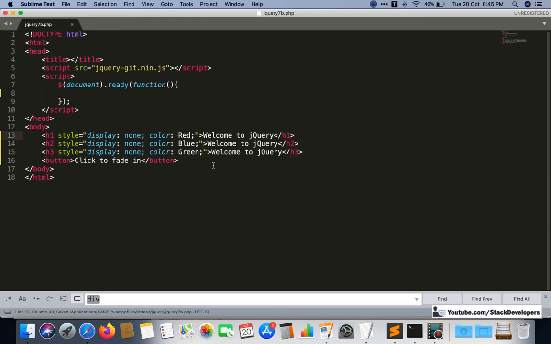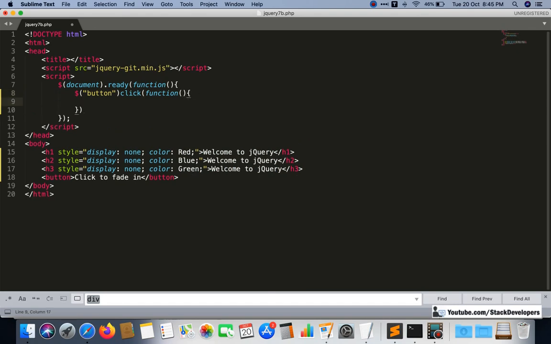Now here I am going to write the code, like if someone clicks on the button, then our code will come like this, function, and like this. Okay, so this one I'm going to end. Now on the click of the button, I want to fade in the h1 element.